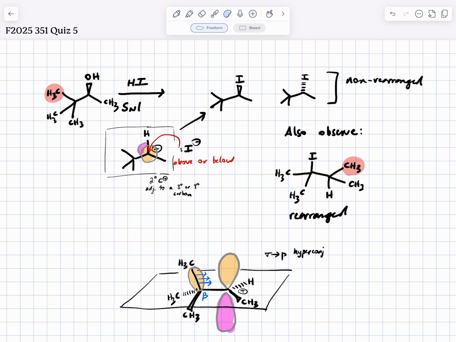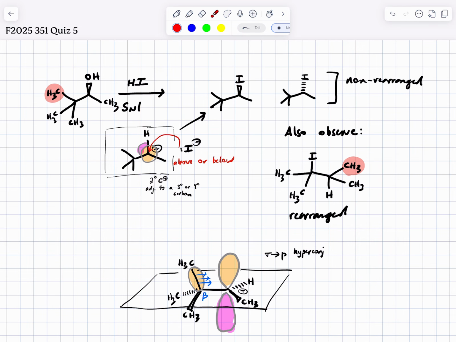About carbocation rearrangement. This is something that can happen anytime you have an intermediate in your reaction that is a carbocation. So SN1, E1, these are types of things you need to be aware of. And I showed you a situation where rearrangement can occur. You see the presence of non-rearranged products, but also this weird rearranged product where it appears that a methyl group